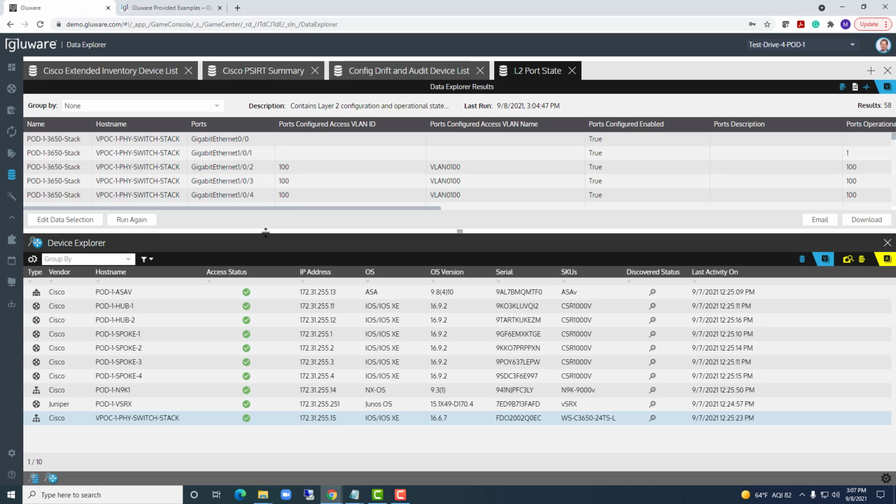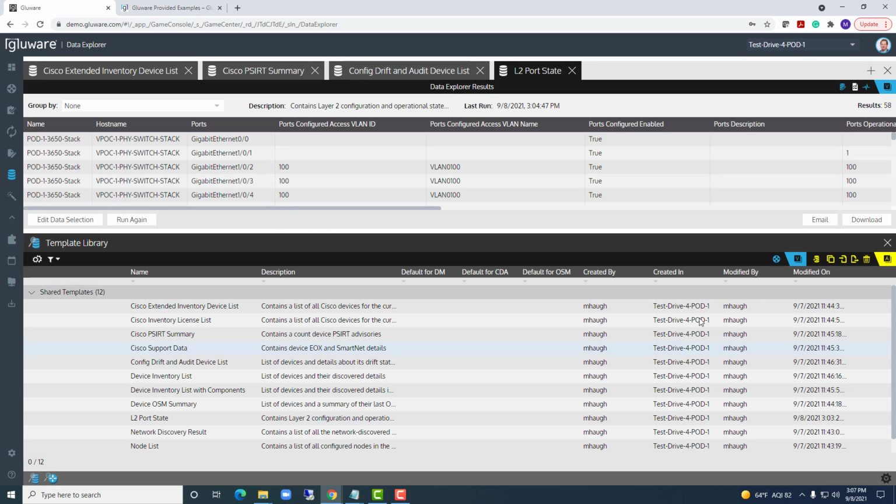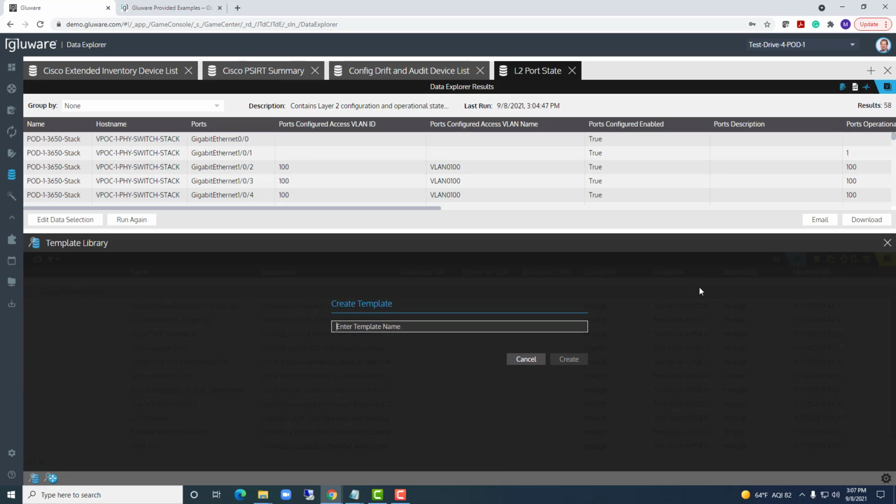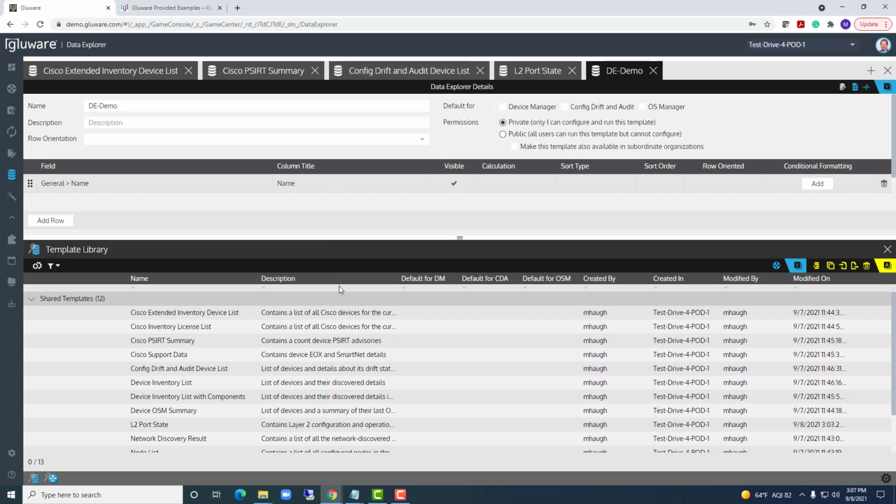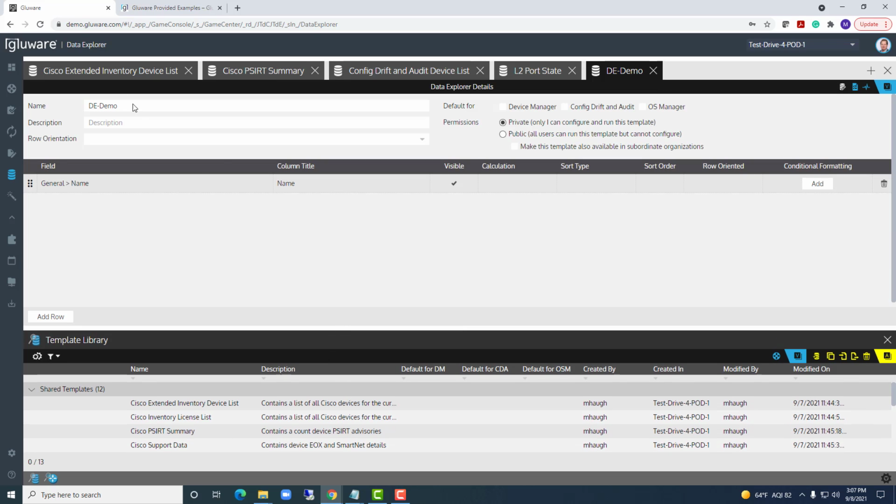If you do want to run around with creating a new template from the template library, you just simply create a new template, and you can call it whatever you like. I'll call it DE demo, and hit create. So now I've literally created a blank template that I could add a description to,